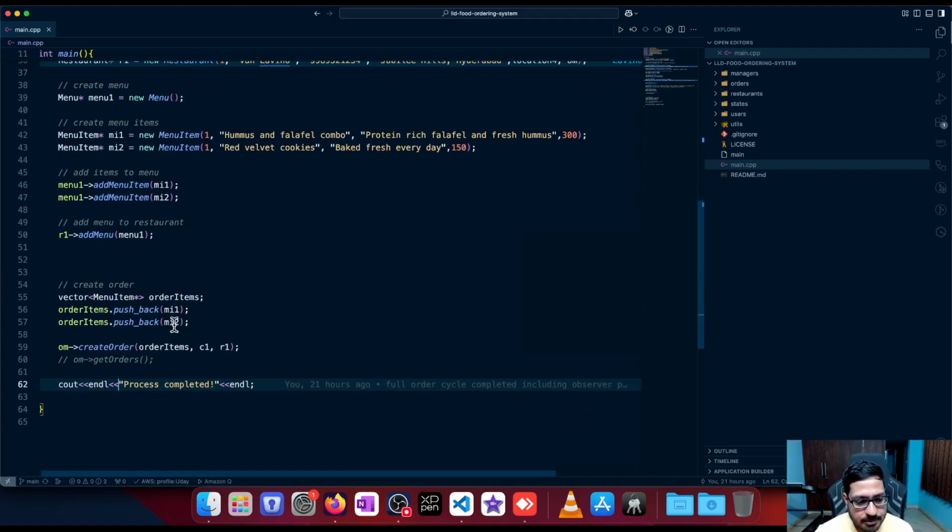So MI1, MI2 are my order items, and I'm creating a vector of order items, and I'm calling the order manager to create an order with the order items and the restaurant and the customer details, right? So C1 is ordering from R1 restaurant with the order items MI1 and MI2, and then the order lifecycle flows from here. So if I run this code,